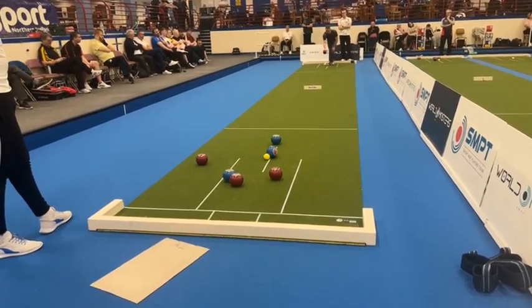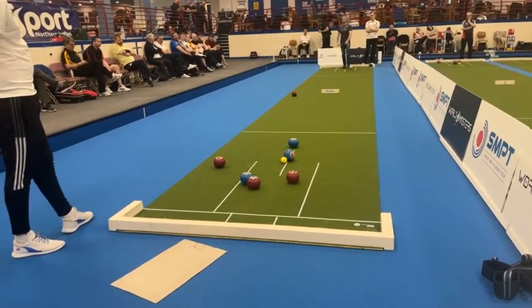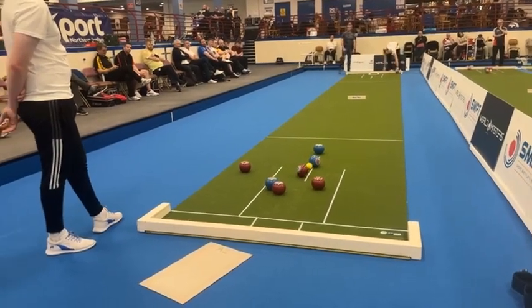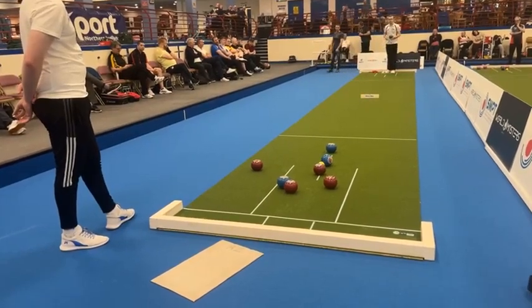So Dean currently line 1 shot down, I think. Just looking to draw this on the forehand. He's finishing well. Far away, is he? It's certainly a very good second. He was looking for more than second, but...